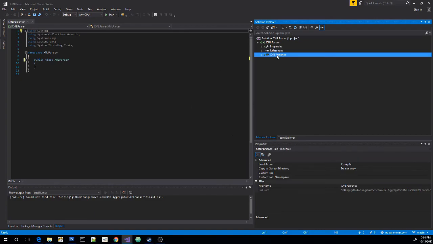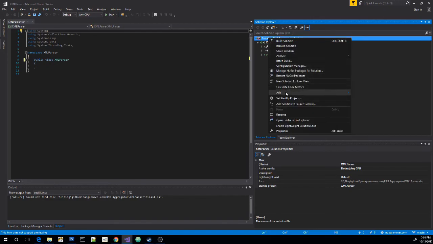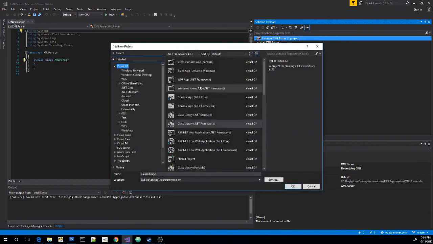The second thing we need to do is add another project to our solution. And the solution is a collection of projects. Visual Studio has a nice way of organizing them for you, so you can create things that use each other but are not dependent upon each other, if that makes any sense. So let's go ahead and right click on the solution, go to Add, New Project, and go to Console App .NET Framework,